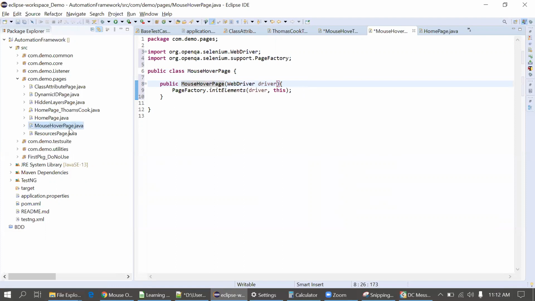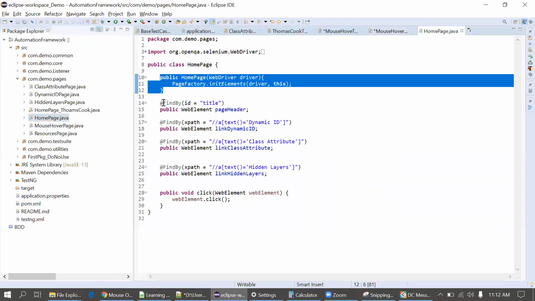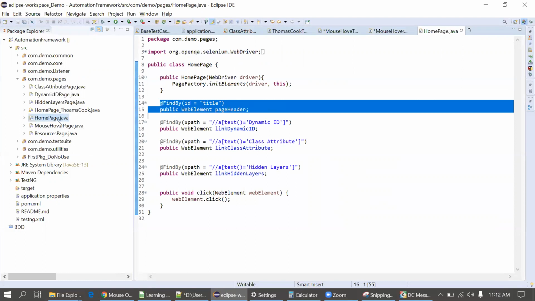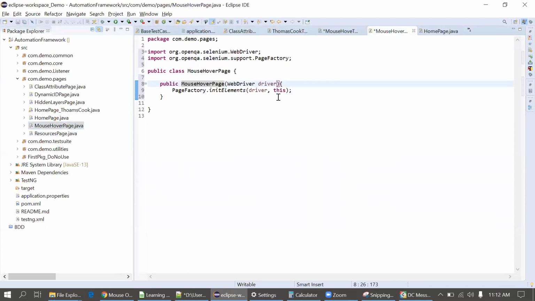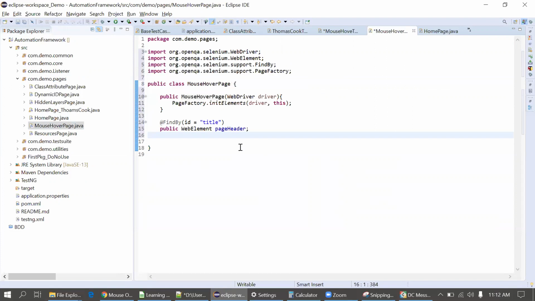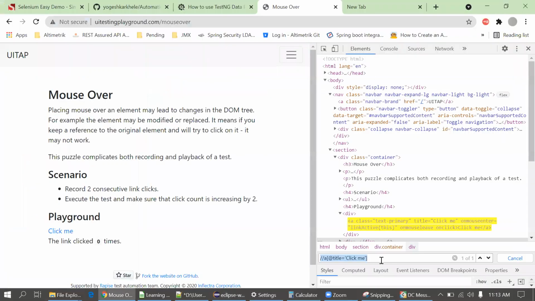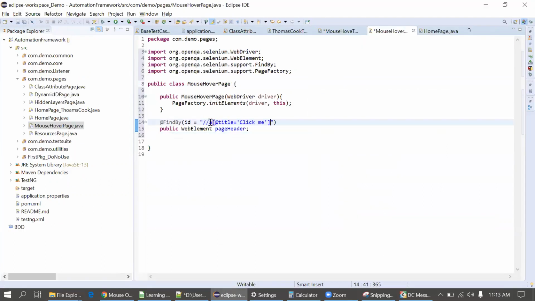Okay, this is a constructor. Then I'll copy, I just forgot to copy one syntax here, and paste it here. We'll make it XPath here instead of ID. Now I'll give the name link click me.